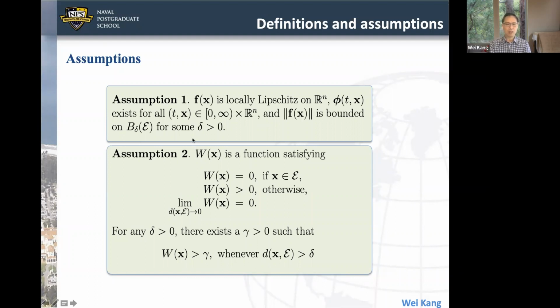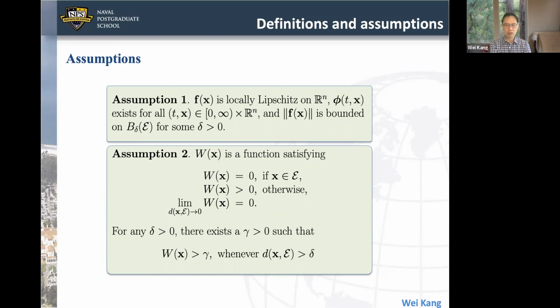For example, I'll assume that x dot equals f of x, the right hand side of your ODE. So when I say dynamic system today, I mean an ordinary differential equation in R^n. Okay, so f is locally Lipschitz, and f is bounded in a neighborhood of the stable invariant set, and then the trajectory is defined from 0 to infinity. And then I also assume we often use a function called W. It's a positive definite function, and it equals 0 in this invariant set. And I also want this to be bounded below if you are a delta distance away from the